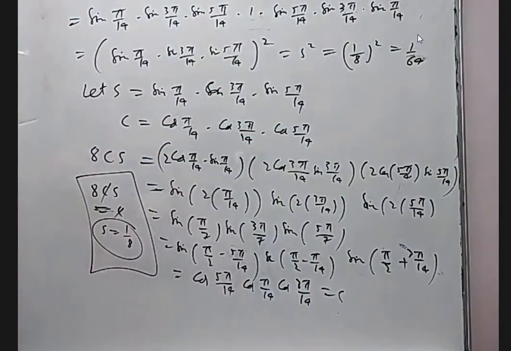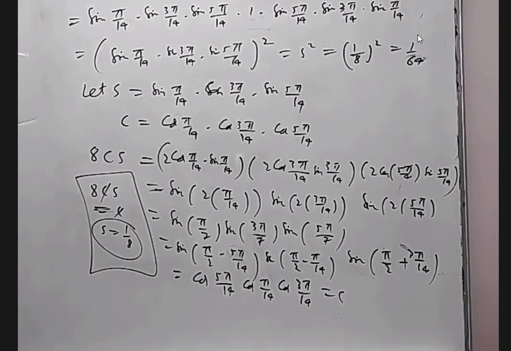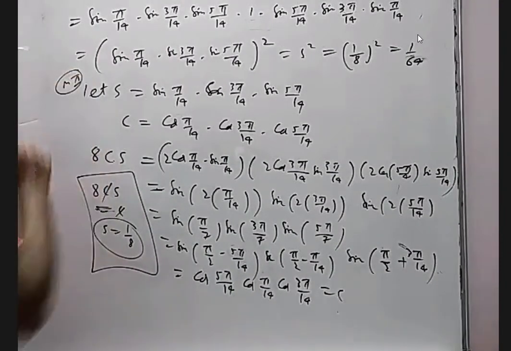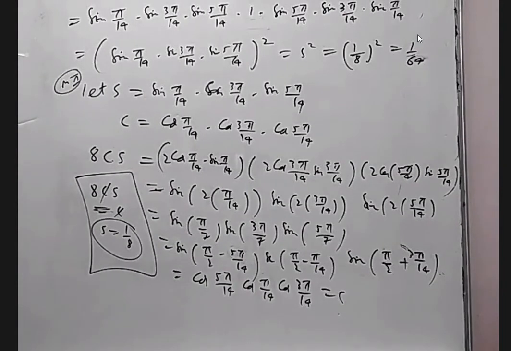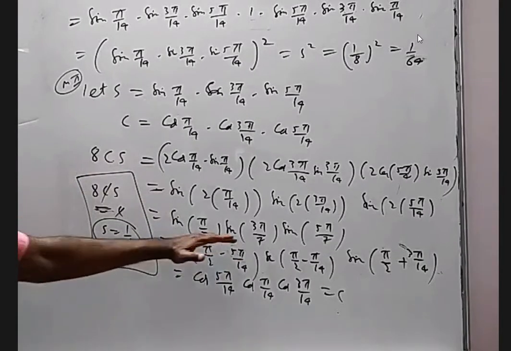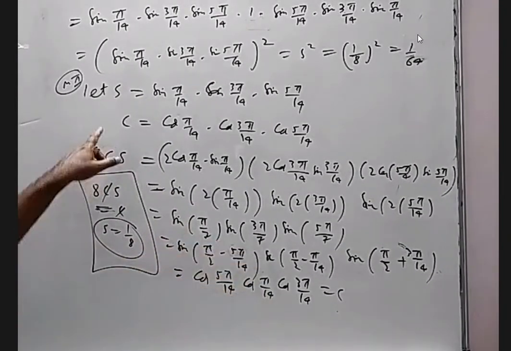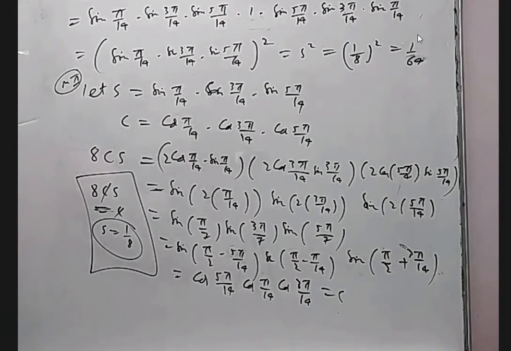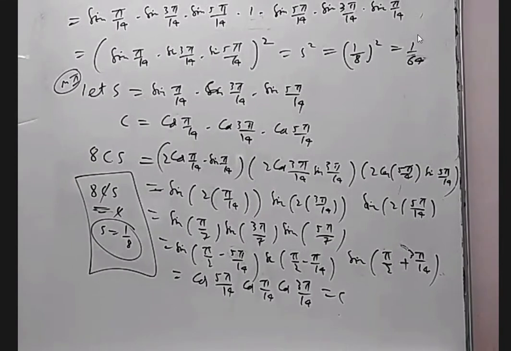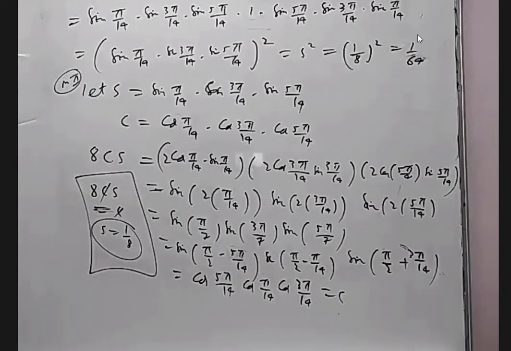Okay. So the second method, if you don't want to write, I don't have any issue, not a problem at all. In some other questions, we use it in a simpler manner. Here, after doing C into S, usually directly this will cancel with one of these two. Here we are not able to see, so we have to make an adjustment and see how this is equal to C so that we can cancel C and get S equal to 1 by 8. Okay, everybody clear this method too or any doubt? No doubt. Okay.